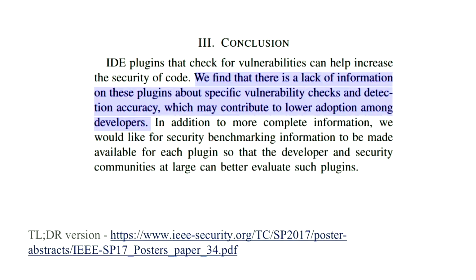There's not a lot of information. This report is only like 2 to 3 pages long, by the way, so it's a really easy, short read. As you can see, I have the highlighted area. There's not a lot of information about how they're doing the scan.